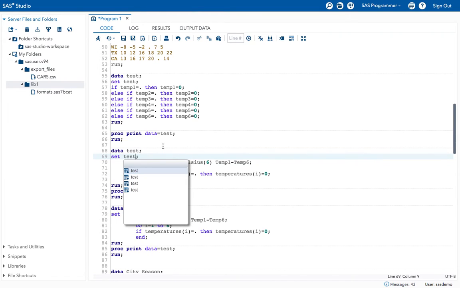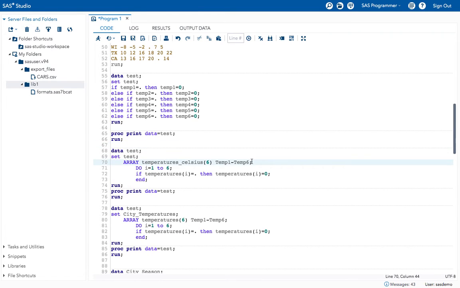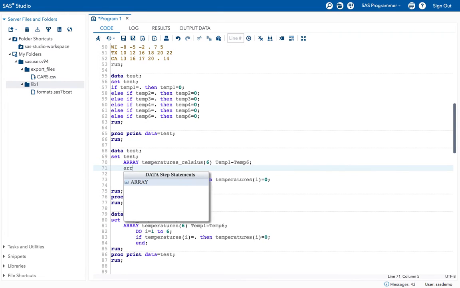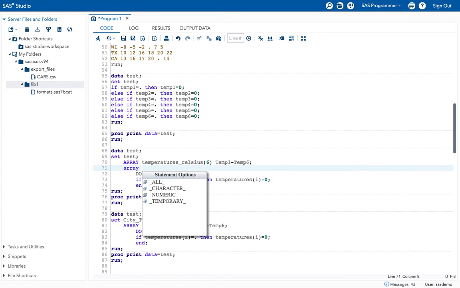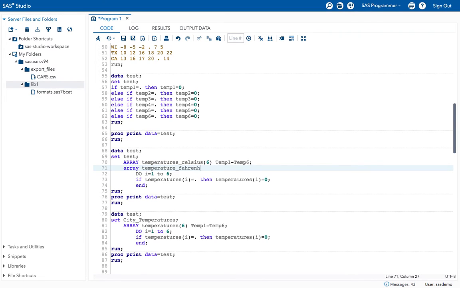Okay, and set test right. So here what I will do is give another array statement, temperature underscore Fahrenheit, for the new variables.